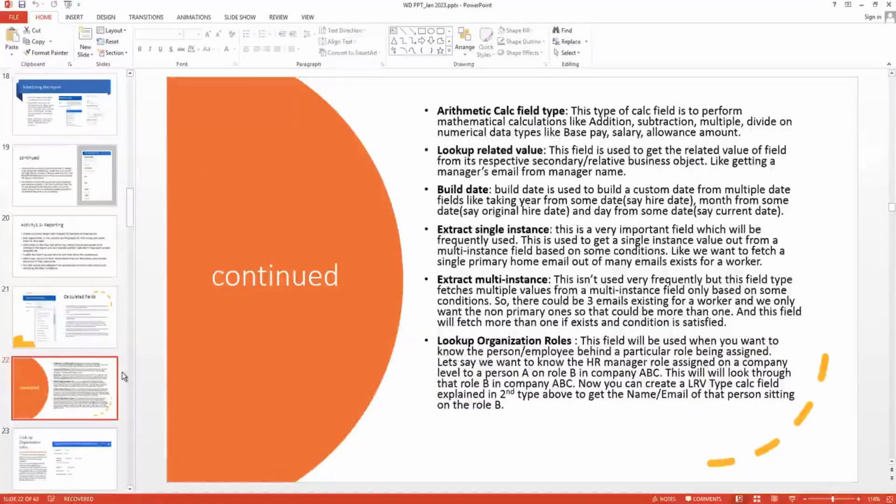So now there are other types of calculated fields as well, not much used, but could be one of them. If you are building a letter, report, or offer letter, or somewhere where you are reporting the organizations or people sitting on any particular roles, then you would come across this kind of a field. Look up organizational roles. So here let's say, people come and go. If a person is sitting on a particular role in an organization and I want to know the details of that person,